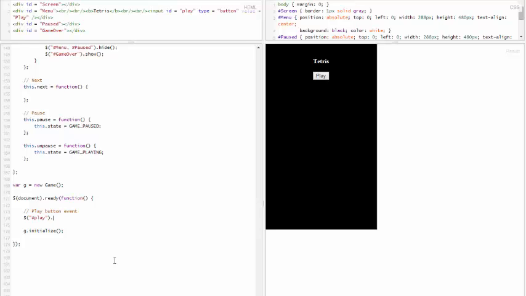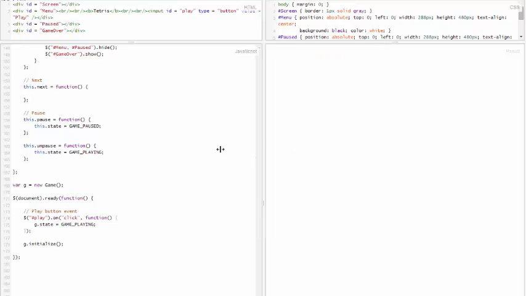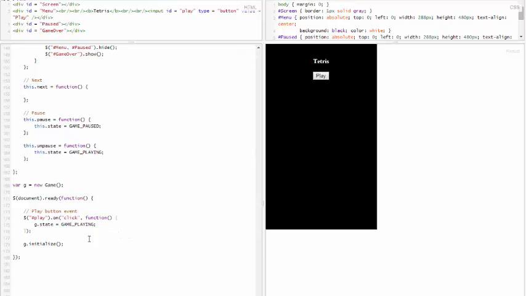jQuery has a function called on, and it exists to help us add events to all kinds of things, clicks. This could have been something else. But here we're saying that game state should change to game playing, and as we know, the menu screen will disappear if that happens. Let's see if that's true. Play. Something went wrong. On click, game state game playing. So the state did not change for some reason,